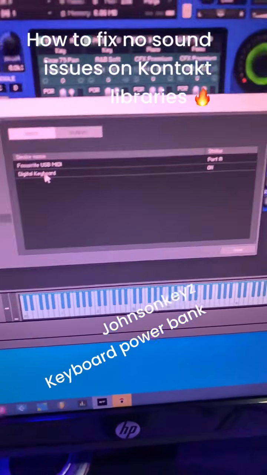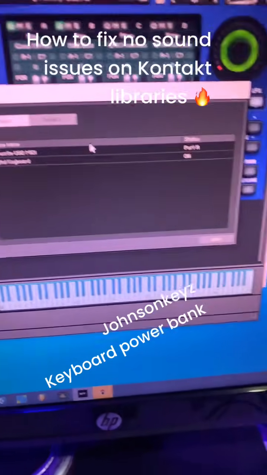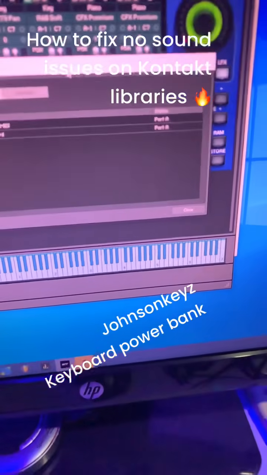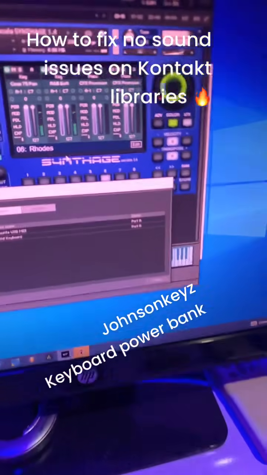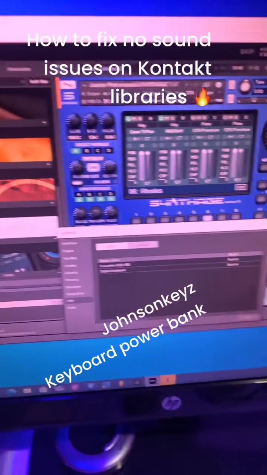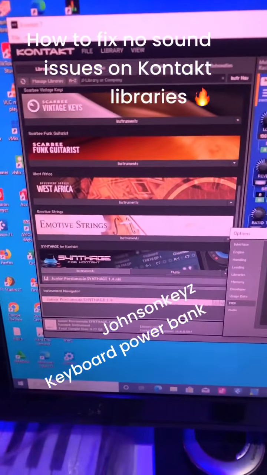And then this is my keyboard here, digital keyboard. You can see it's off. So put it on port A. And now we should get sound. Look at it. Can you see? Now it's working. So if, in case you are having that issue, don't forget to use this fix to solve